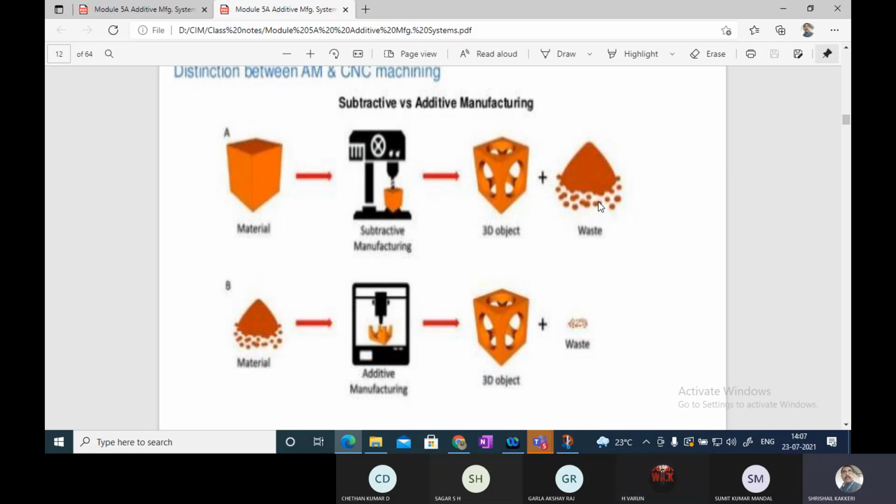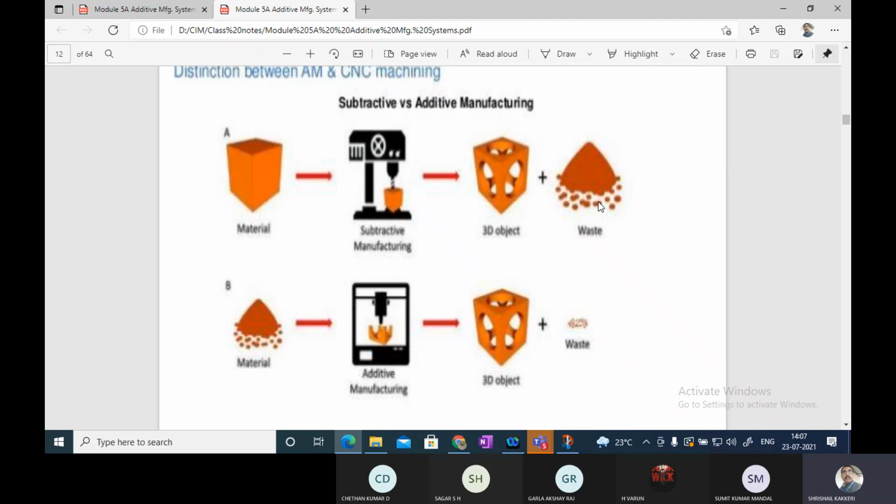Kindly remember the additive manufacturing system. Basically, we started from plastics. A small plastic wire with different colors is made to flow through a nozzle, near which there is a heater. The heater heats it up, and layer by layer the material is made to sit one over the other. By the time one layer is completed, the previous layer comes to near room temperature and becomes a single unit. In a similar way, the 3D model is constructed using the additive manufacturing system.